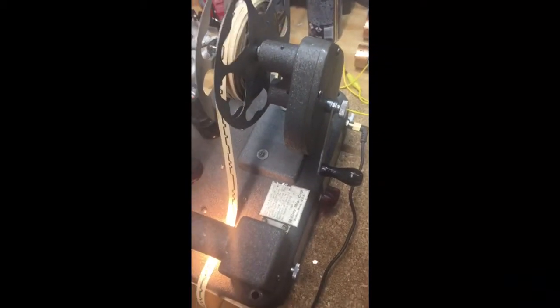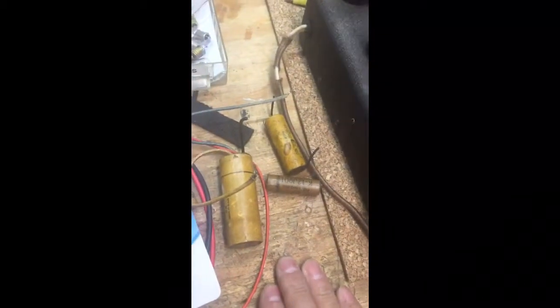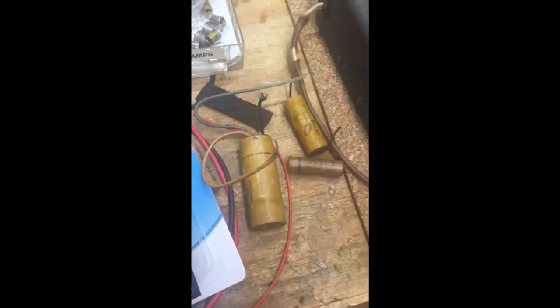I've been working on this automatic keyer for a couple of days now. I won't bore you with all the details, but I was able to, of course, replace all of the capacitors, particularly the ones in the power supply, or the ones that relate to the power to the tubes. And this is also a lesson on paying attention to instructions, because I found a schematic in the manual